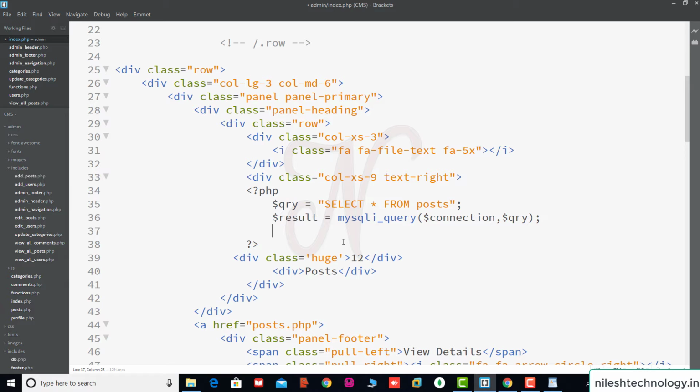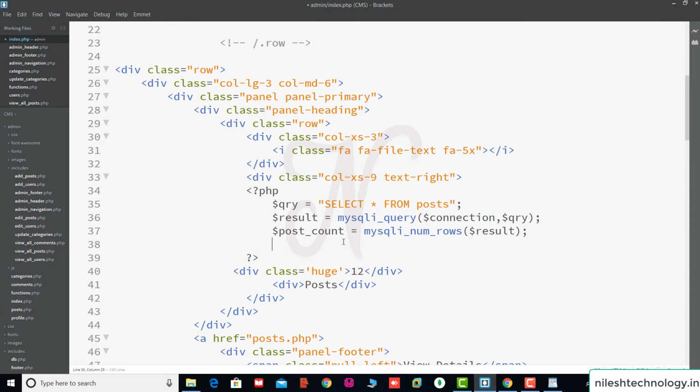Then there is a built-in function. My variable is post count, and the function name is mysqli_num_rows. This function counts the number of rows in your query result. Pass the result here, so your number of rows is the total count in your database table.